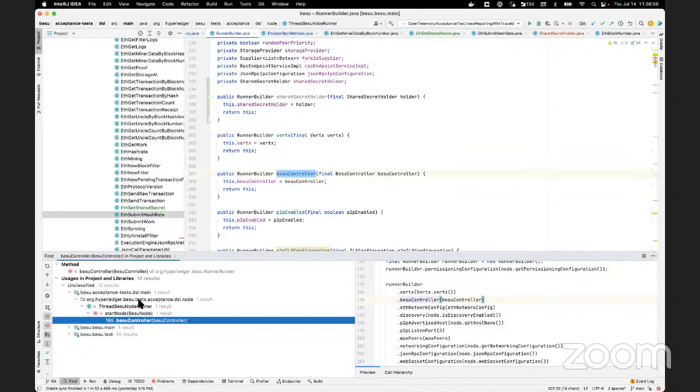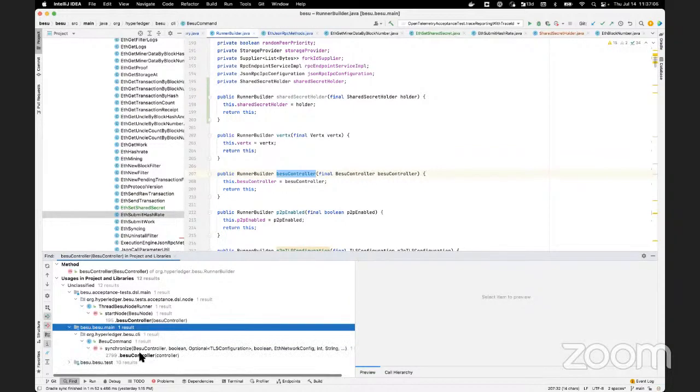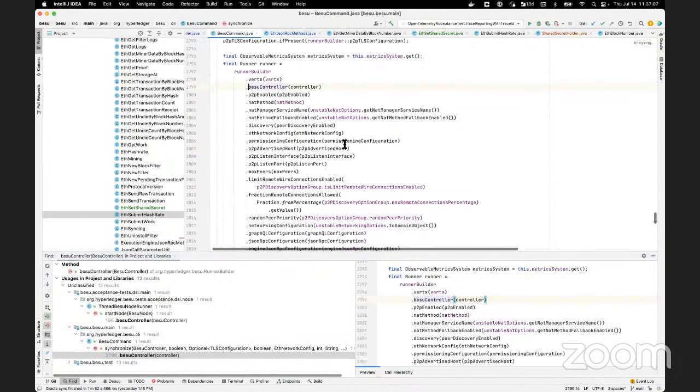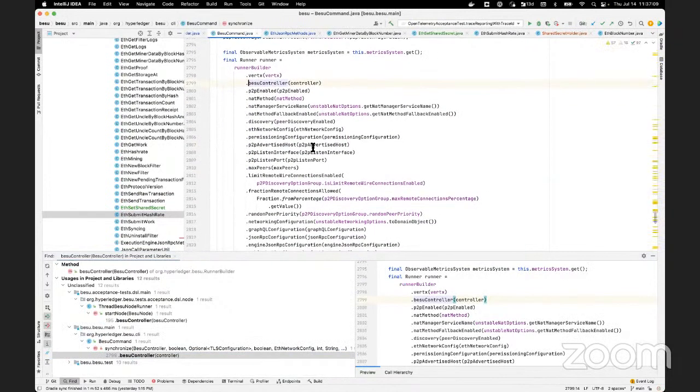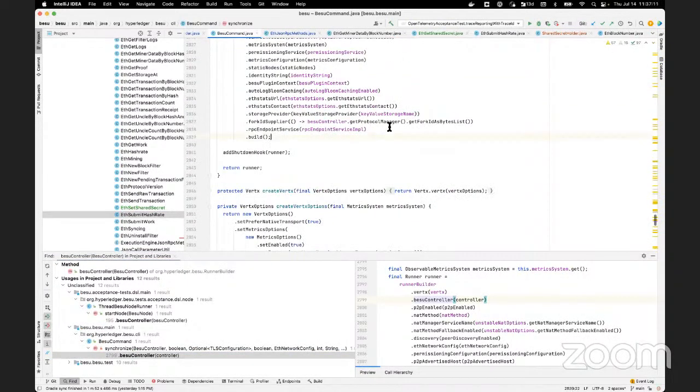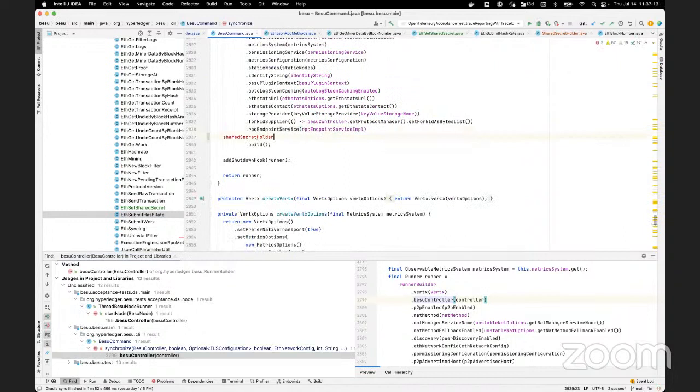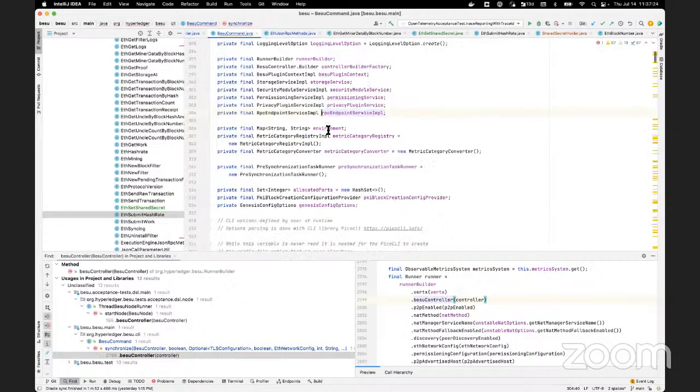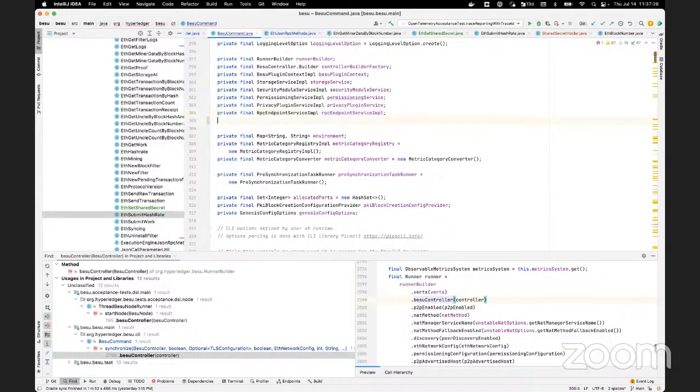So it looks like it's run as part of the ThreadBesuNodeRunner, which is for acceptance tests. Oh, don't want to touch that, right? Not now. We're playing with code here, but maybe we can use that as part of synchronize, for example. In that case, we can do this, and then we pass in a shared secret holder that somehow we should have by now. And to do that, we can look at, for example, a private final